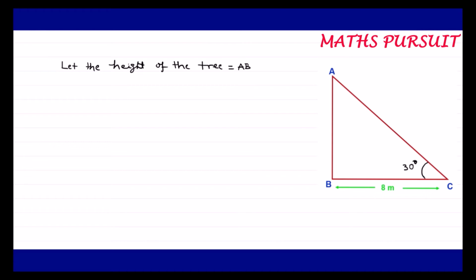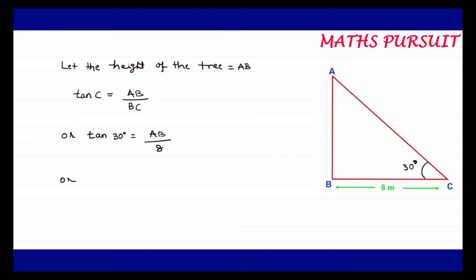Now let us apply tan theta to the triangle ACB. So I can write tan C here because C is the theta or the angle. Tan C is equal to AB upon BC. Guys, we very well know this thing by this time. Or I can write tan 30° is equal to AB. AB we do not know, we will keep it as it is, upon BC. BC is 8 meter.